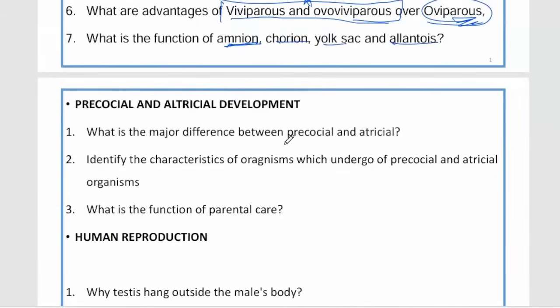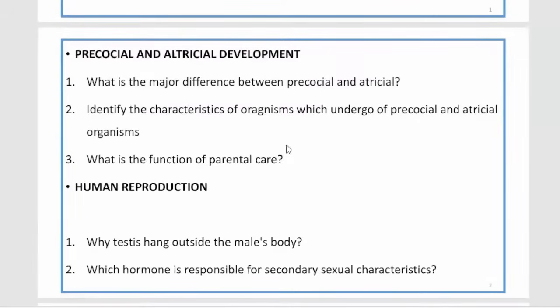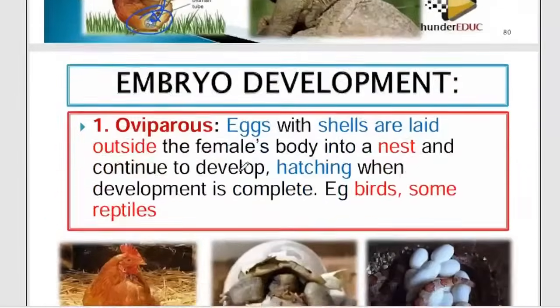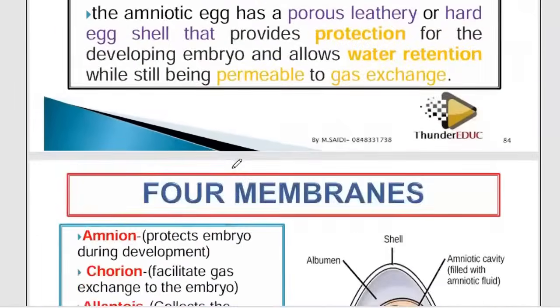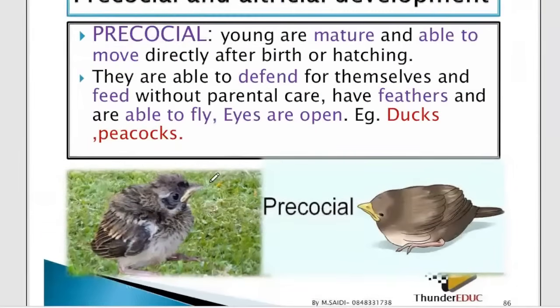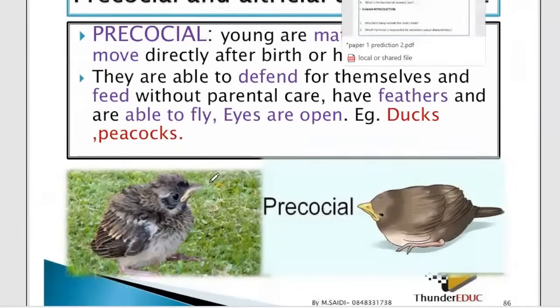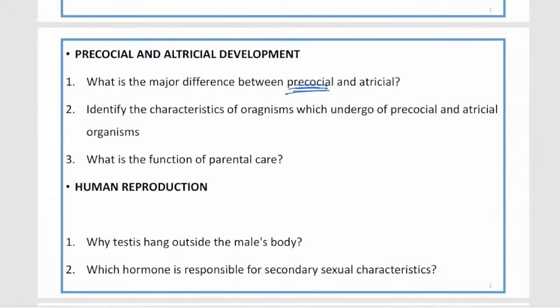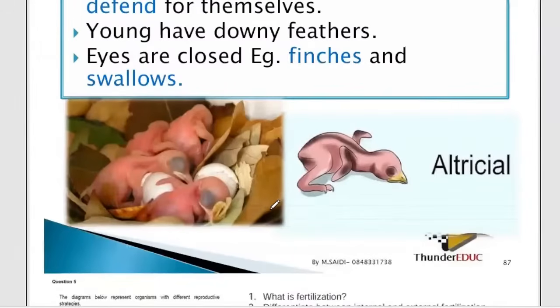Then precocial versus altricial. The major difference: with precocial, the eyes are open. It's born prepared, meaning that it is conscious of the environment. The eyes are open, able to see, walk, and defend themselves. If you check there, you'll be able to see what I'm talking about. Now eyes are open, it can walk, it can defend itself, it has feathers, everything. While when you talk about altricial, eyes are closed, it can't walk, it can't defend itself, it can't feed itself,